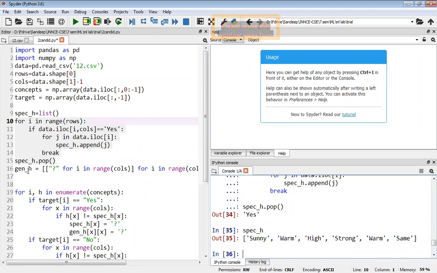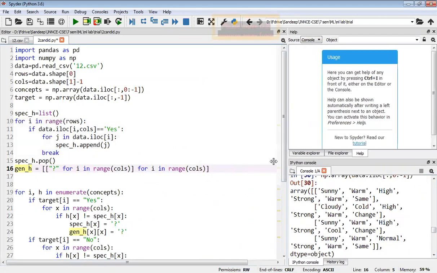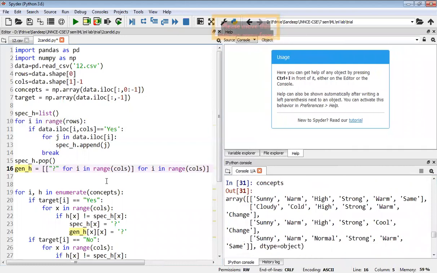Next, I have taken one more, the general hypothesis. Remember these two names: specific_h means specific hypothesis and general_h means general hypothesis. While initializing it, you can see two for loops inside this list.